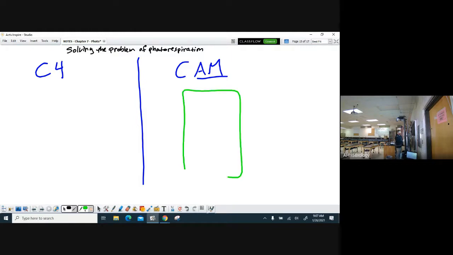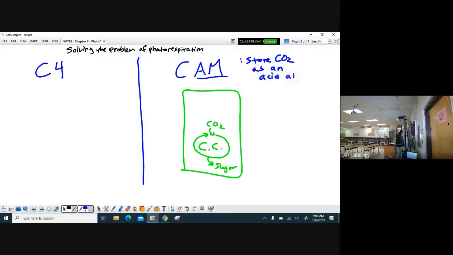This is a leaf cell, okay? In this leaf cell, we have the Calvin cycle that is taking CO2, putting it in, and we get sugar out, right? And we just said the problem was not enough CO2. So let's store carbon dioxide, but it's a gas. You can't do that. So for these guys, what they're going to do is at night, they store CO2 as an acid. So at night, they open up their stomata. They take in CO2, and then they turn it into this acid. It's called oxalic acid. It doesn't matter,